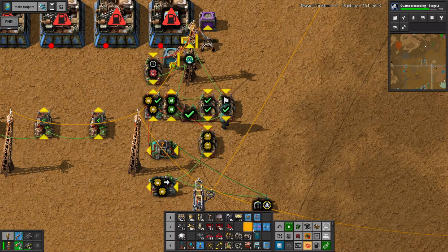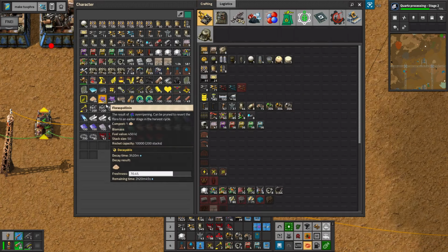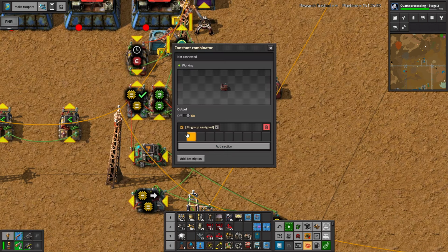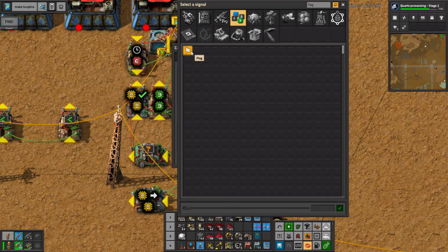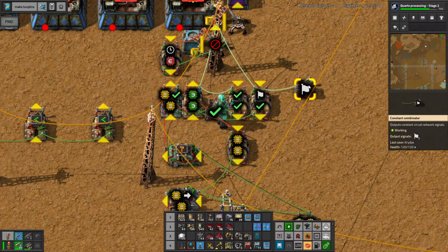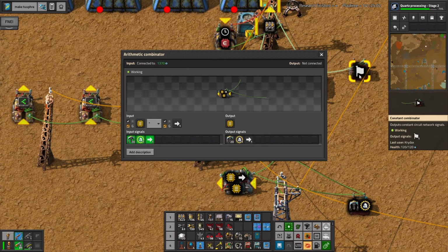Where's my combinator? Constant combinator. I've gone blind. Okay. My brain is deep in the tank. Very, very deep. Okay. So, for a brief moment...